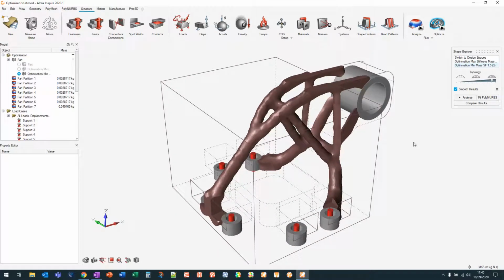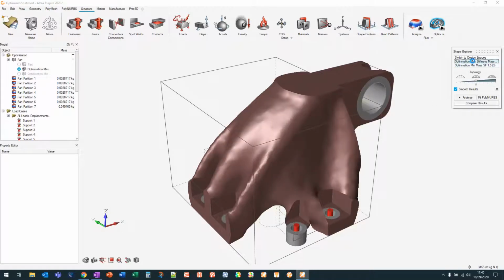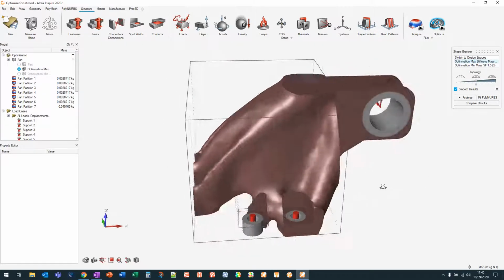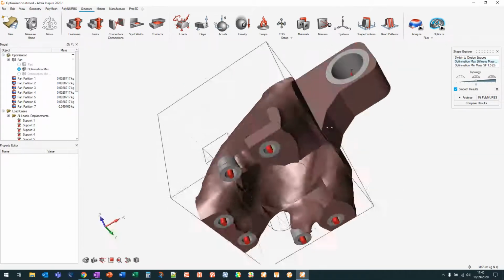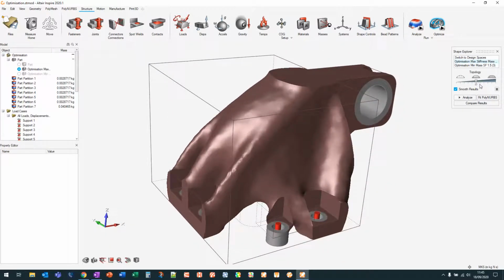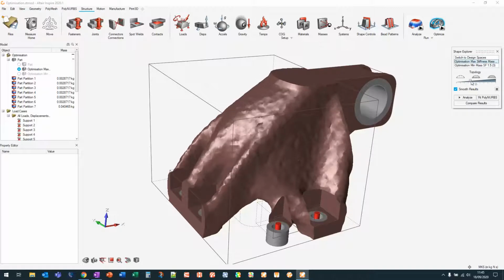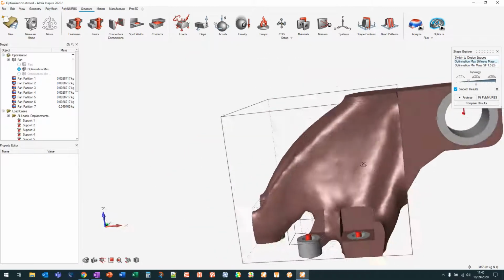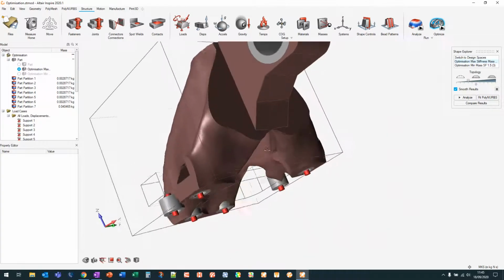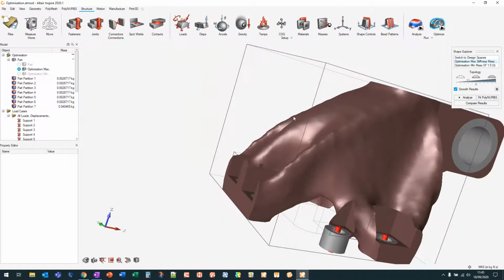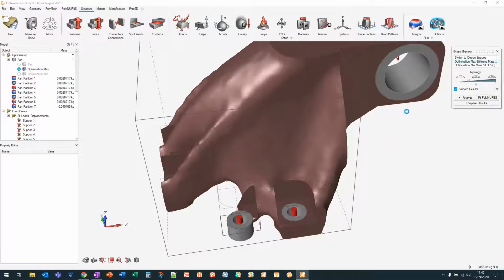So what we've actually done is run an optimization for maximizing stiffness and for minimizing mass. We can have a look at the maximize stiffness run, and you can see that the results are very, very different. And obviously they're likely to weigh very different as well. Again, here we can perform the same thing in adding or removing material. For a maximize stiffness run, the best result tends to be around the middle anyway. But again, if we move the slider, we can remove material and then land on a value that we think looks acceptable. So focusing on the minimized mass,